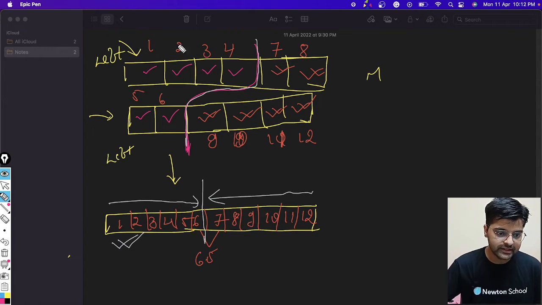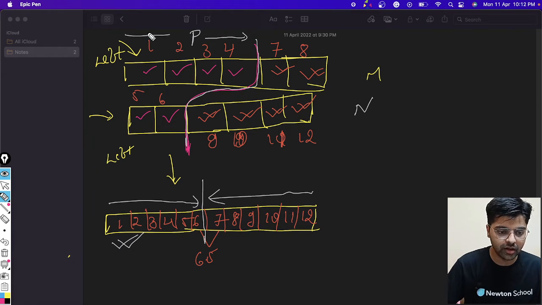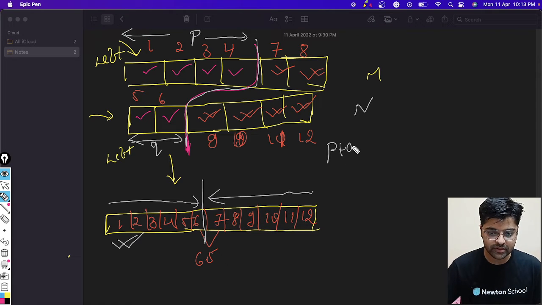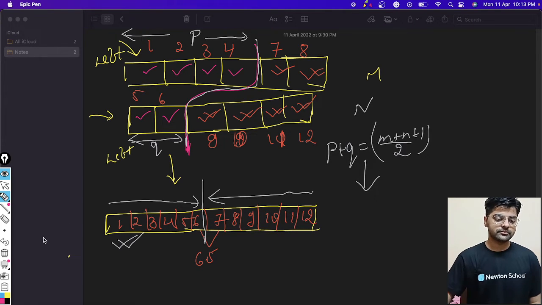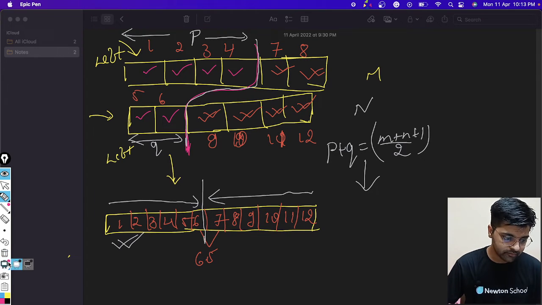And let's say the size was m and n given, so let's say p elements will come from the elements that are smaller than the median. So p elements will come from this array, right? And then q elements will come from this array, right? So p plus q will be exactly equal to (m plus n plus 1) by 2, right? So what we'll try to do, let's say that this is not the case, like this we have drawn.